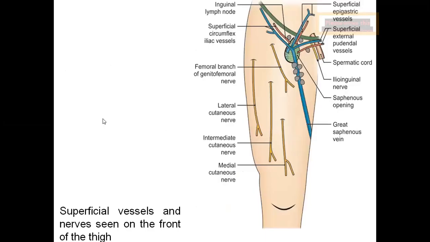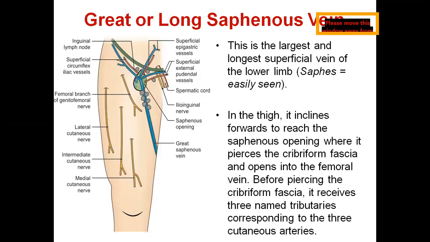Okay, so the various nerves what we see, lymph nodes, we see superficial branches of femoral artery, we see tributaries of great saphenous vein. Along with great saphenous vein, we see in the front of the thigh within superficial fascia. Of course, venous drainage of lower limb itself is a separate lecture for us, nothing to worry. But because within the superficial fascia of the front of the thigh we come across this vein, I have put few points pertaining to this area.